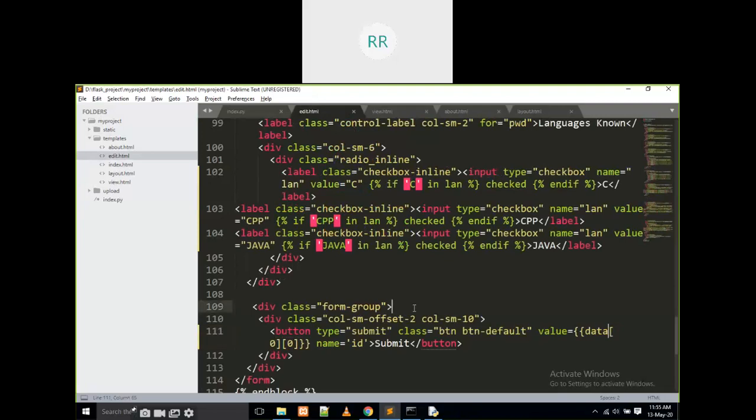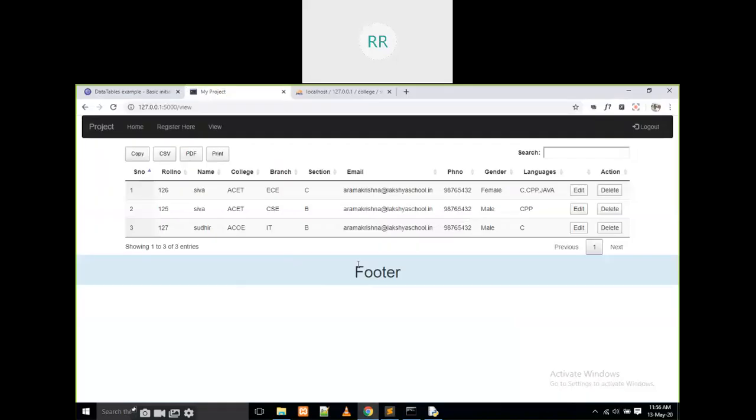I think there are only two steps remaining. And one more thing, some flash message, flashing, is also there. Nearly all the steps are done. There are only three steps. The first one is flashing. What is flashing? What is my next step?